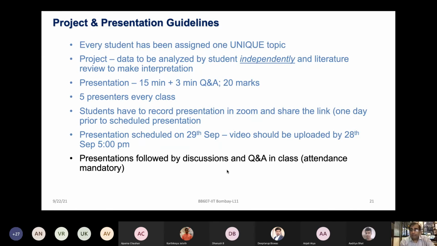So it means the whole class has to be attentive. Of course, it's going to be mandatory to present in the class, and the whole class is going to watch those presentations and ask some questions, but also you have to write briefly the summary of the presentation, what you learned from that presentation. So that will happen as a part of the write-up, which will also give you marks, but that will happen not in the class time. We will give you a link. You can do that at any time, just prior to the next class. You have to finish that off.